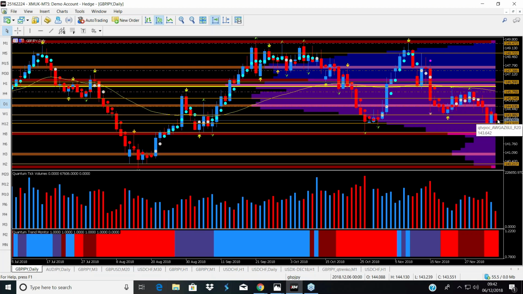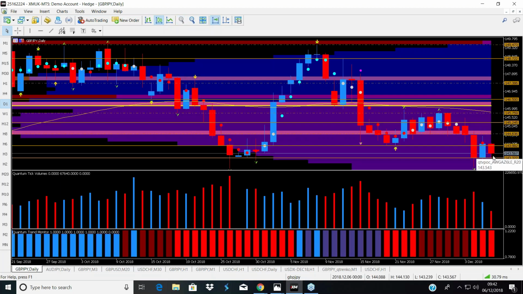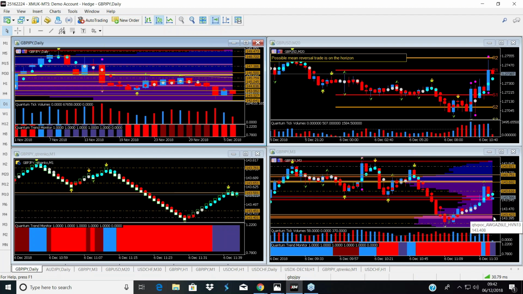So my point is this: overnight it fell, but look at the wick to the bottom of this candle. If I expand it a little bit higher, there we are. We've got this little wick to the bottom of the candle. Now, as a day trader, as a short-term trader, that could possibly offer you an opportunity to the long side. Now, yes, you are going to be trading against possibly the overwhelming sentiment for this pair, but as a short-term trader,